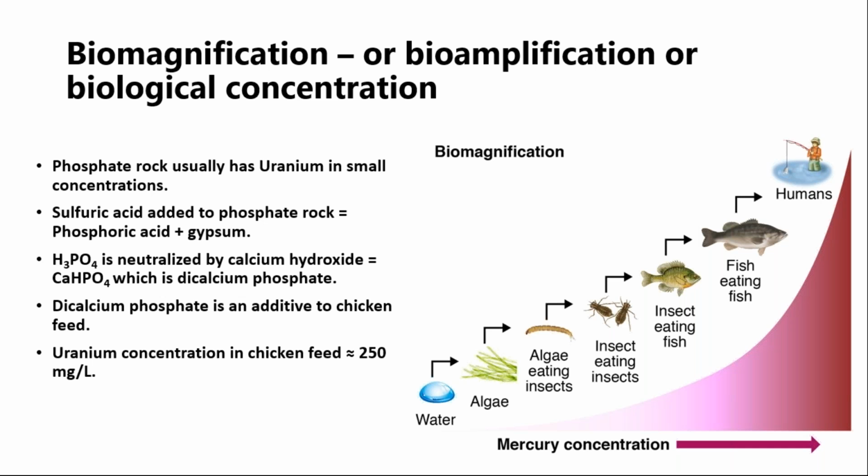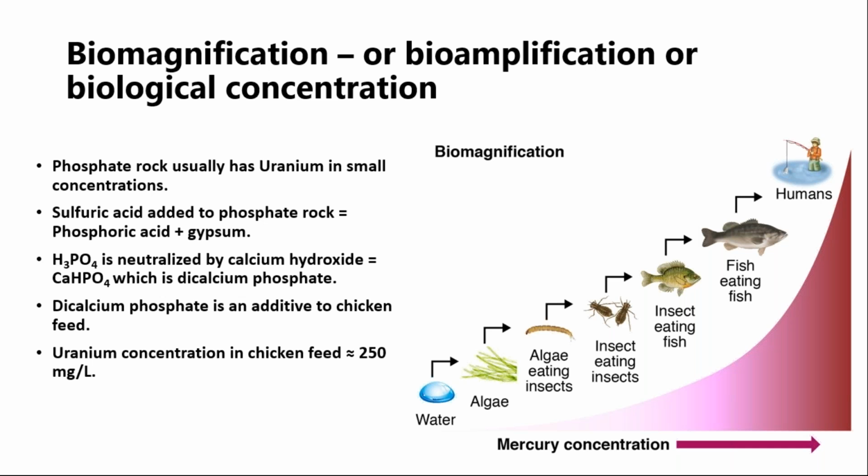A client we had was taking phosphate rock from Florida, grinding it up. Well, that phosphate rock had uranium in it, and it was just natural. And they were taking that ground up phosphate rock, adding sulfuric acid to produce phosphoric acid and gypsum. And the phosphoric acid was neutralized with calcium hydroxide, which became dicalcium phosphate. Dicalcium phosphate was being used as an additive for the chicken feed to feed to the chickens, because it was